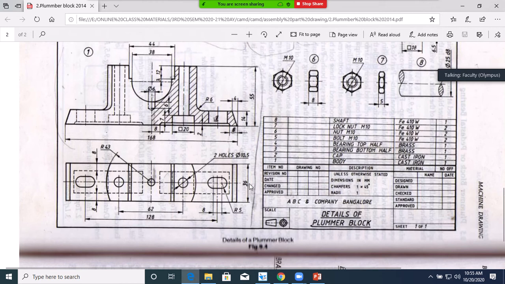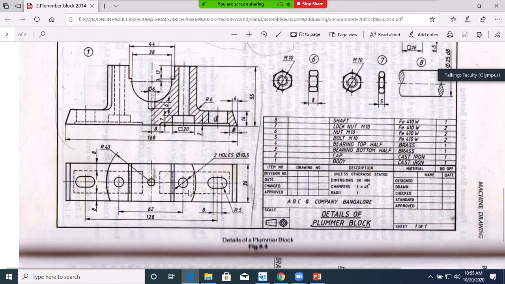Half section means here you see this part of the material is removed. So in the drawing they are showing when you remove this part of the material, inside it will show like this. The hatched portion is nothing but solid body. Whatever the space is there, it is not hollow section. Here you see a hole will be there, from top to bottom hole will be there.